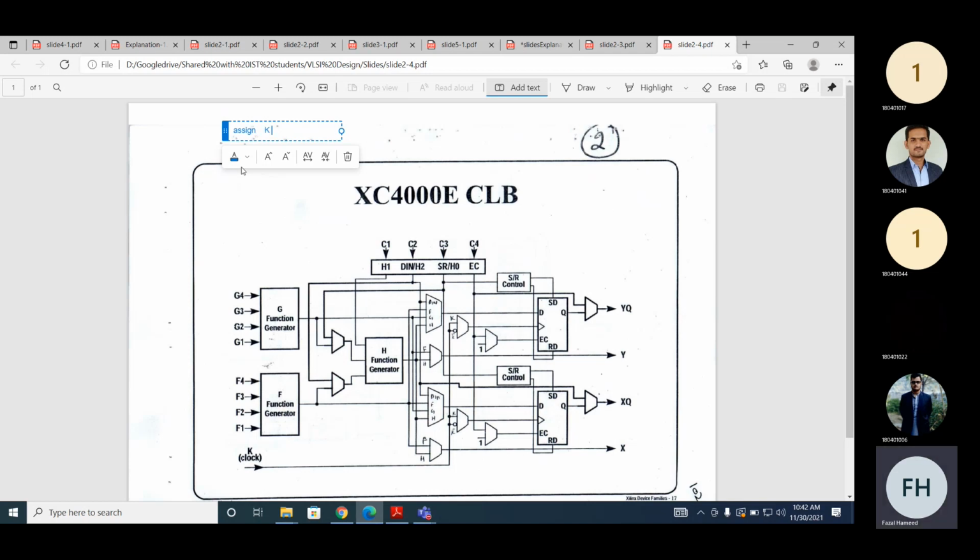Assign k is equal to j and h and m or n bar and m bar. Can you see the code?